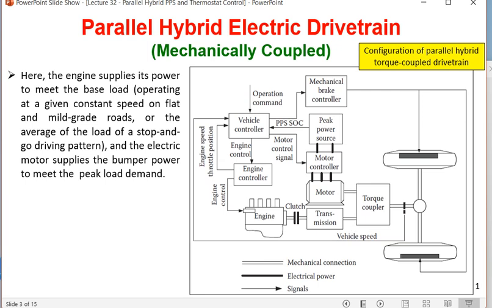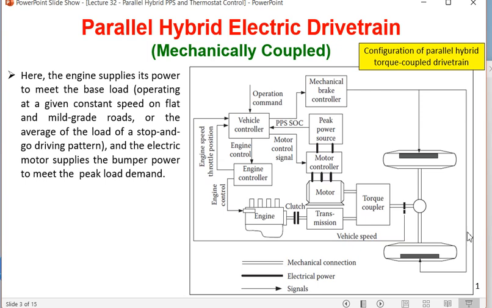First we are going to have a very brief recap of the parallel hybrid electric drivetrain. In this case there is a primary power source, which is the engine. This gives mechanical power output which goes to the transmission. There is a secondary or peak power source, which is the battery. This gives its output to the motor through a motor controller, and the motor output is also mechanical. So the primary source mechanical output after the clutch and transmission, and the secondary source mechanical output after the motor, get combined